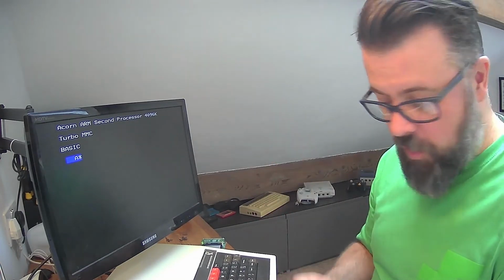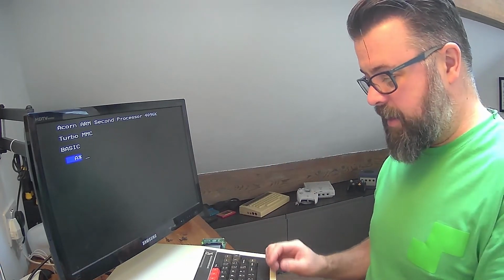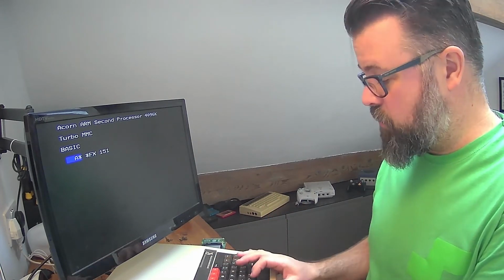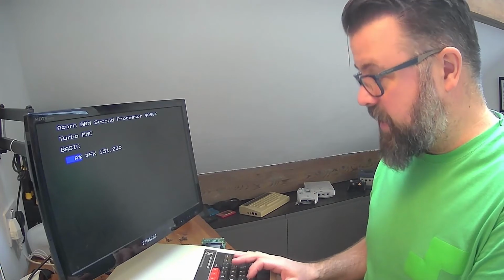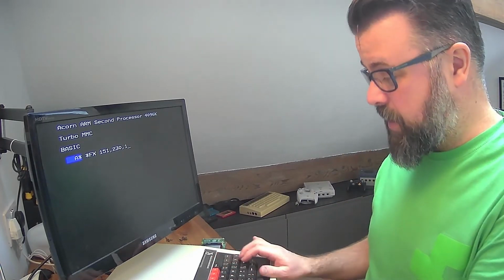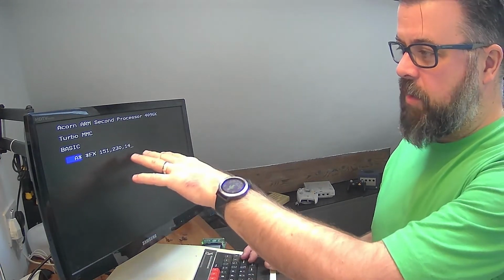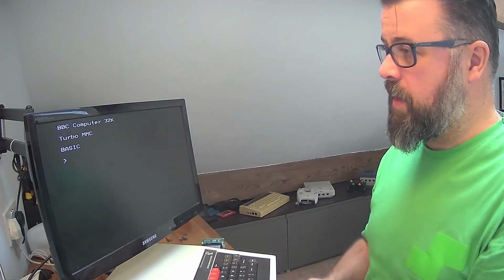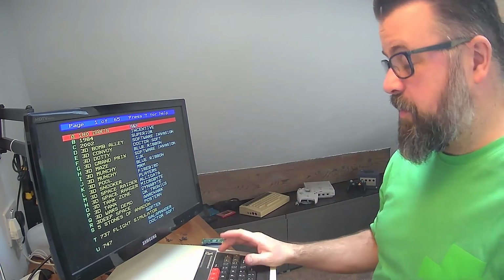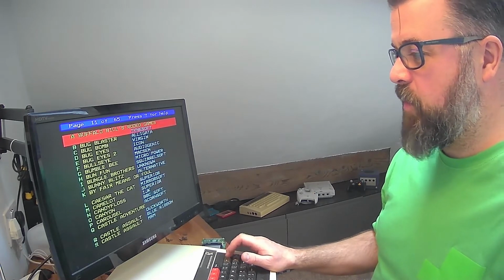But what I can use it for, I'll show you two things. If I disable it first, I just want to show you, because there's a version of Elite that we can run, and it does take a little bit of fiddling around to get Elite working. But I'll show you the original version of Elite first, so we can disable the PiTube just by using 14 as the processor. So if we go in there, it should be disabled. So now I can load. You can't load off the disk whilst the tube's working for some reason, so that's why it's quite tricky to get it working. But if we go across to Elite,